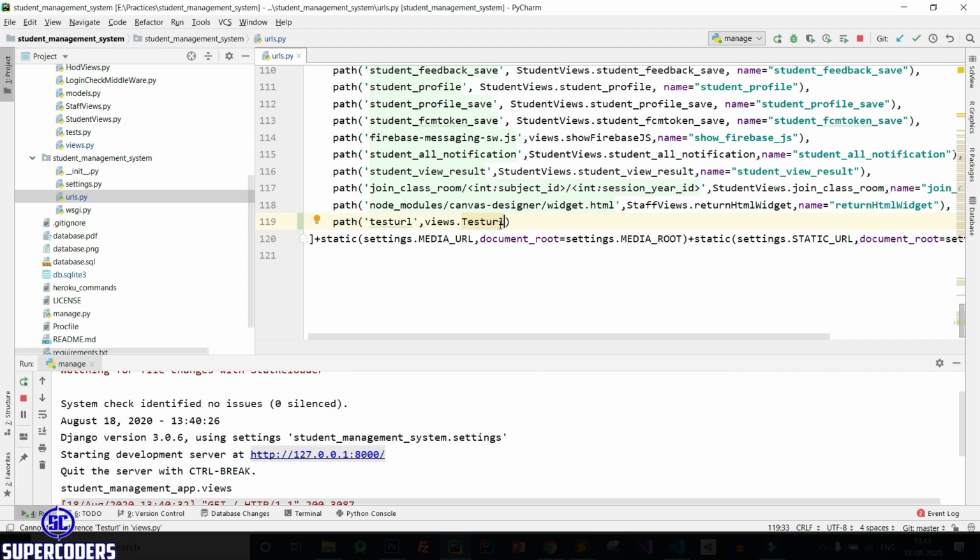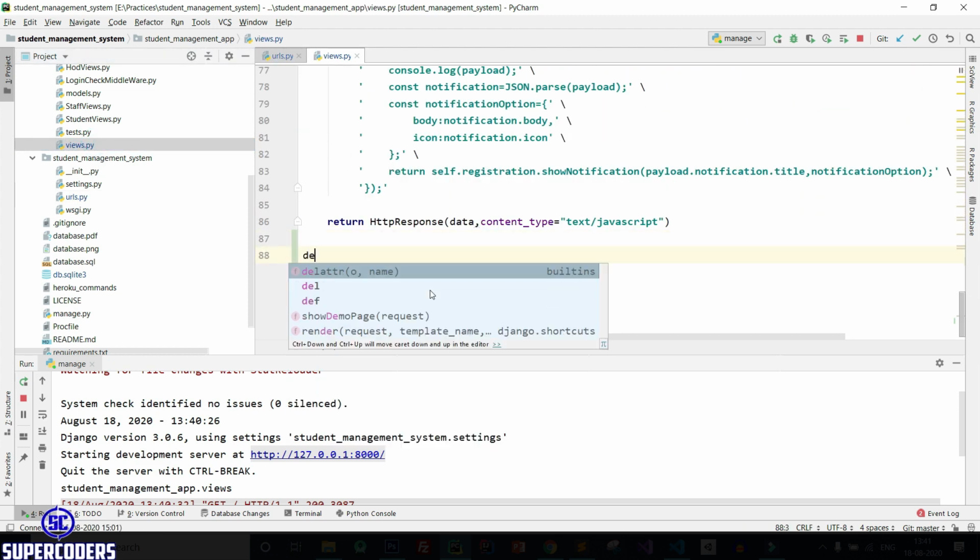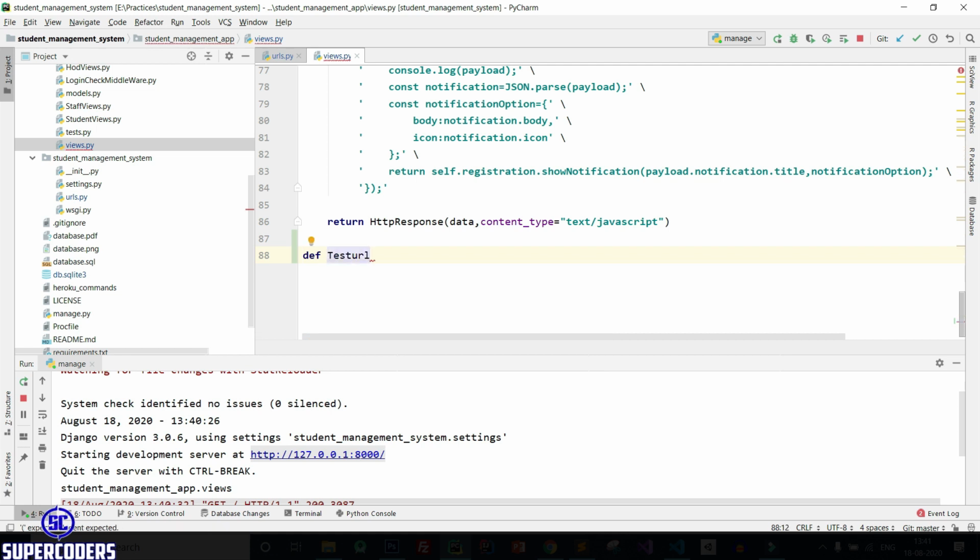Let's copy this and come to your views.py and create a function. Define test URL request, then return HttpResponse. Okay, save it.